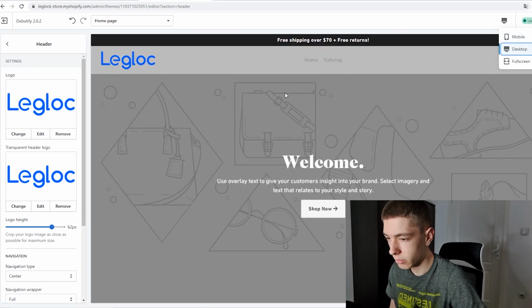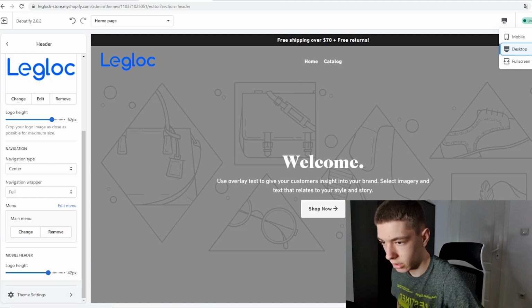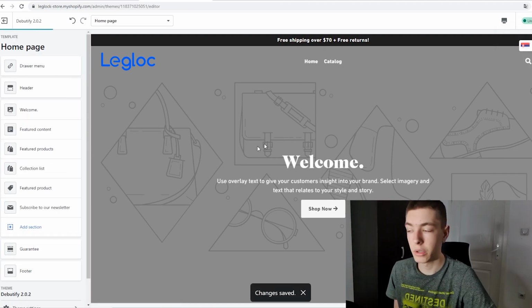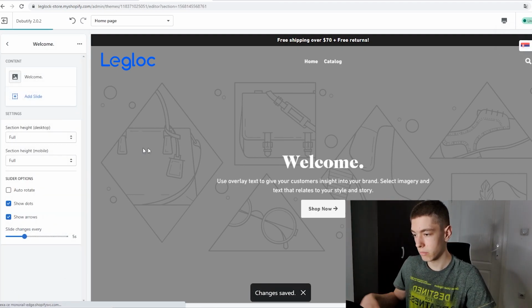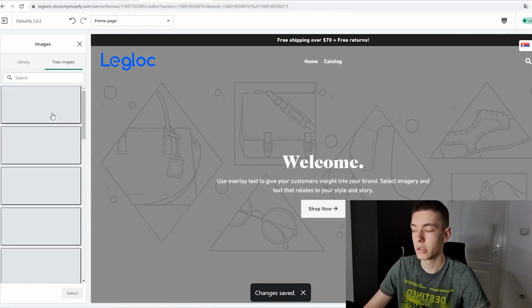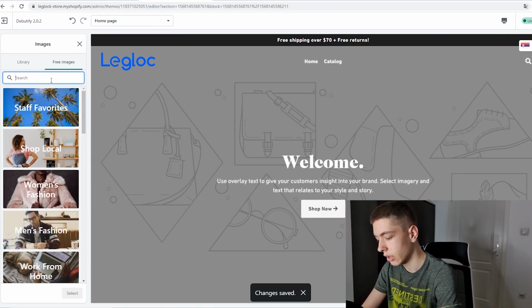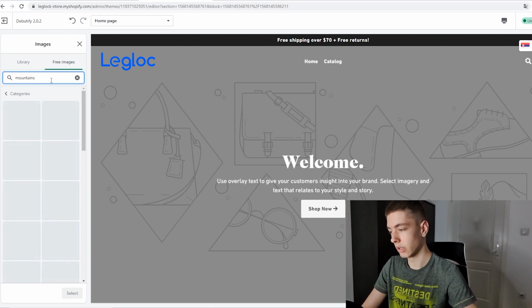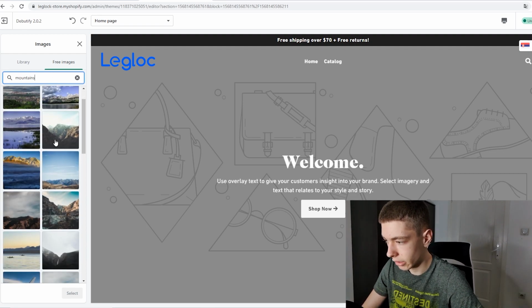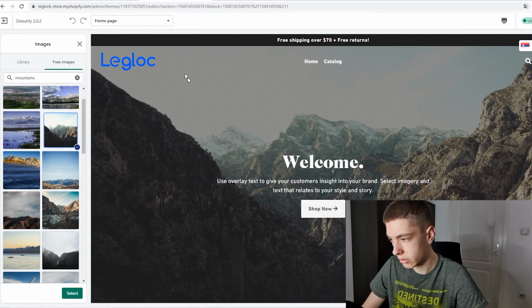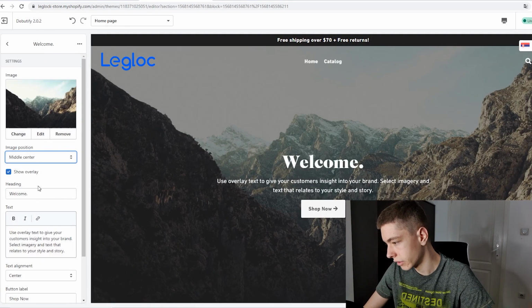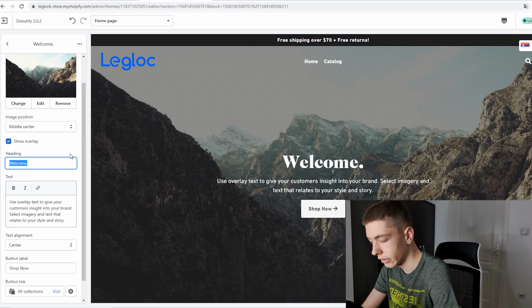So yeah, that's pretty much it for that. Make sure you click on save and go back. Now we need a photo for the welcome thing. Let's go explore free images because Shopify has some good ones. And I'm thinking of some mountains because we have a phone charger, and I think it would go well with the store. So let's click on select, position it to middle, show overlay, and then let's just put